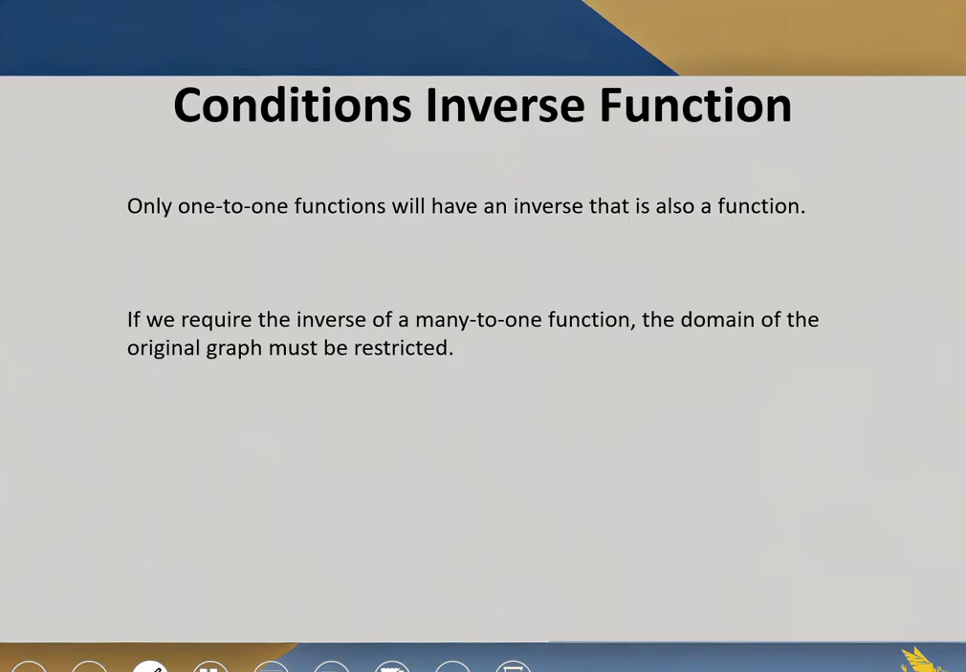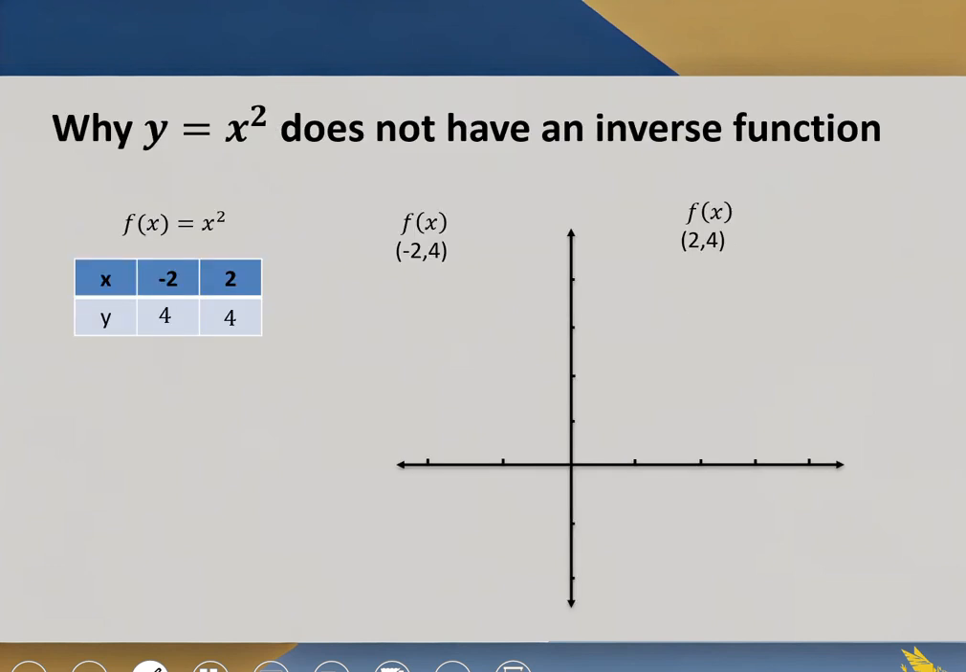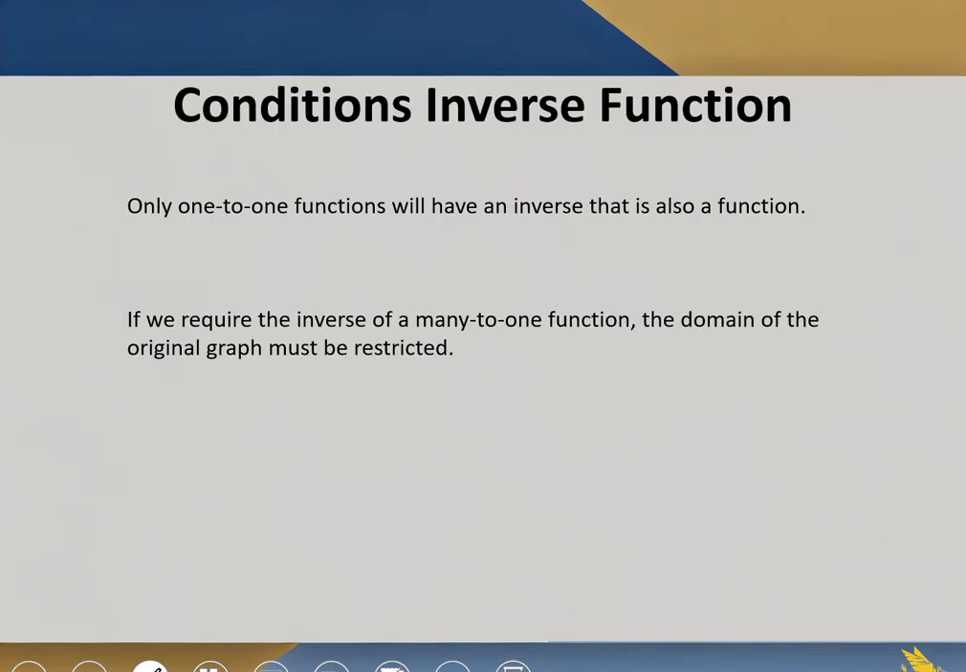So one of the things we need to know about an inverse is that a function can only have an inverse function if it is one-to-one. It can have an inverse, be mindful of that, but the inverse can't be a function if the original is not one-to-one. We'll explain that by looking at some pictures here. So if I look at a quadratic, which I will go to in the next slide,